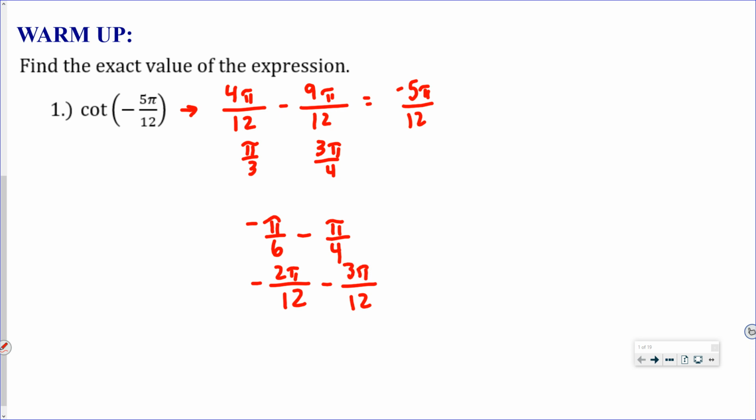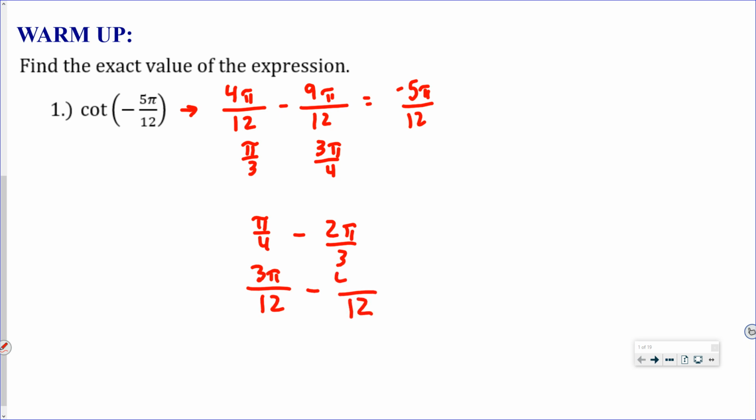That'd give you -5 pi over 12 as well. Okay. Did you have a different one? Yeah, pi over 4 minus 2 pi over 3. Pi over 4 minus 2 pi over 3? Yeah. Okay. So that'd be 3 pi over 12